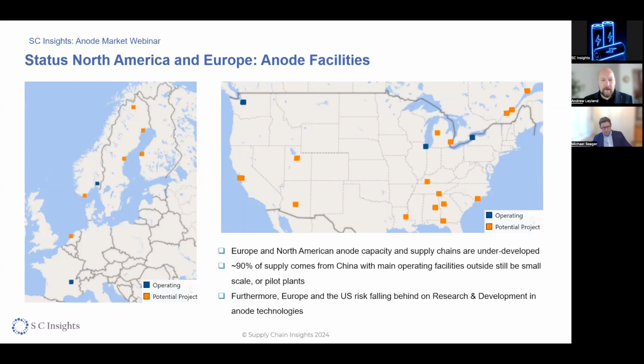Finally, on the anode facilities, again, lots of projects coming. One of the issues we often say when we speak to governments on this side of the supply chain is that research and development spending in labs and at universities is all well and good, but there's a lot to be said for internal R&D operating assets, where you're developing skill sets, where you're developing qualified labor,